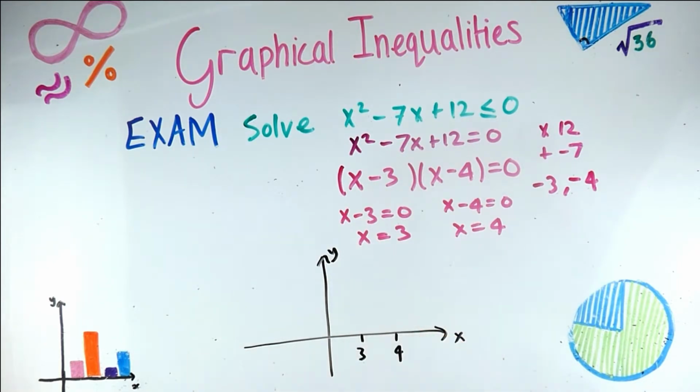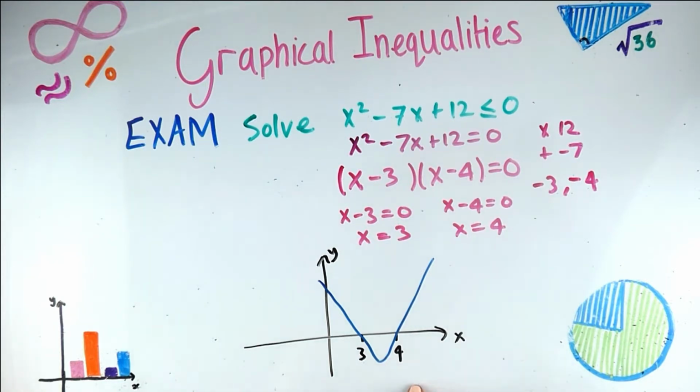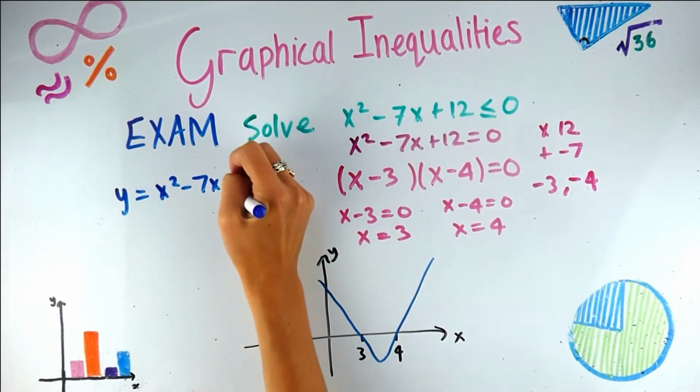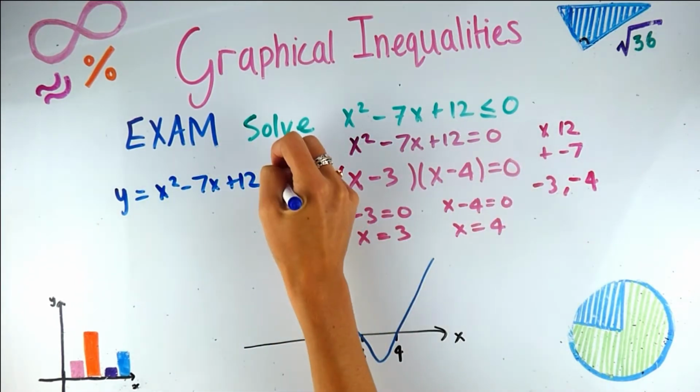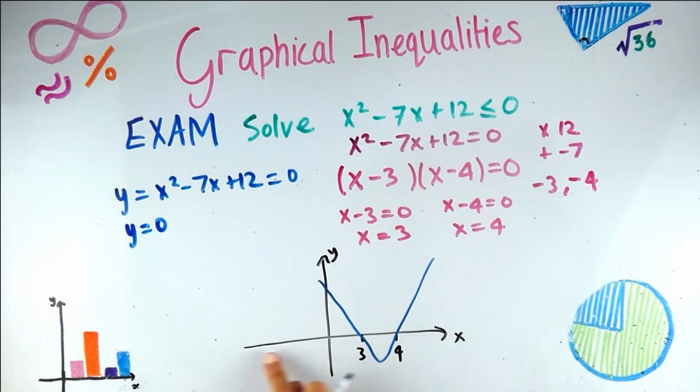To draw a sketch, we know it's a quadratic, and it's positive, so it's a happy face. It's just going to be something like that. The reason that it is the x-intercepts is because we're sketching the graph y equals x squared minus 7x plus 12, and we've set it to equal 0, so technically we're saying y is equal to 0. So when y is equal to 0, it's along this line, so you're finding the x-intercepts. Now, what was it actually